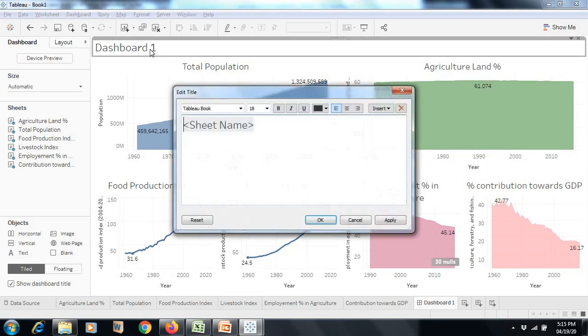So for the dashboard title, you double click here. As I discussed earlier, you name this Indian agriculture sector performance analysis, 1961 to 2017, sorry, 16.